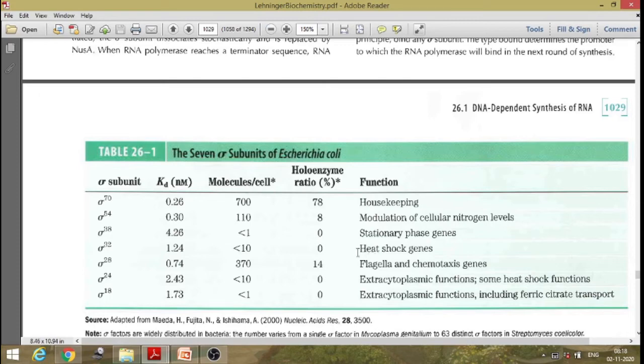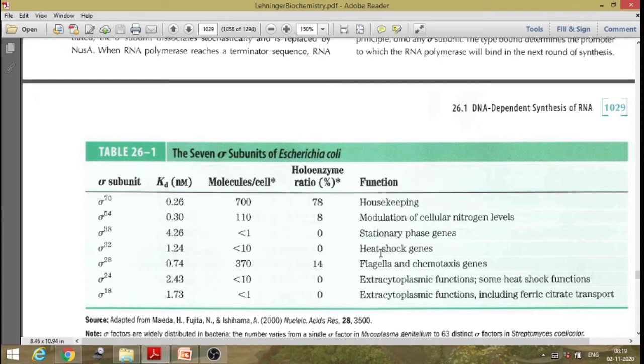When there is a heat shock, these genes would be expressed, but they will not be able to express if sigma 32 is not bound to the enzyme